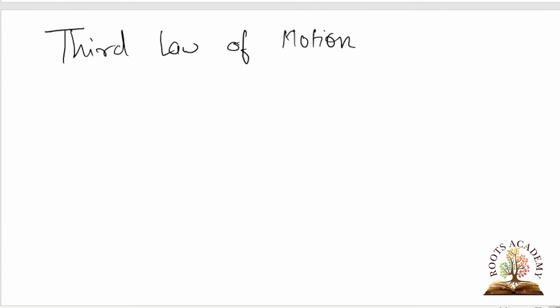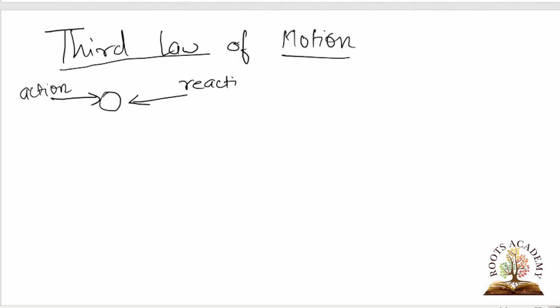So that was all about the second law of motion. Now we'll learn about Newton's third law of motion, also the most interesting law of motion. Third law of motion. Okay, I hope this is known to everyone. Third law of motion. That means whenever there is an action on an object, the object will give out an equal and opposite reaction. Whenever there is an action, there will be an equal and opposite reaction.